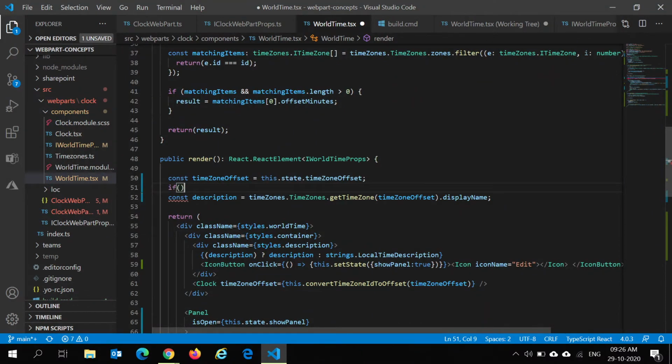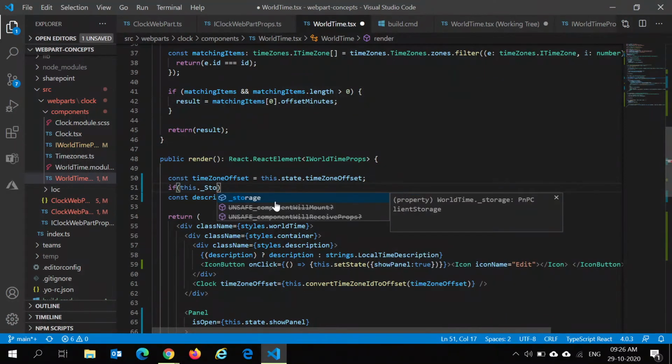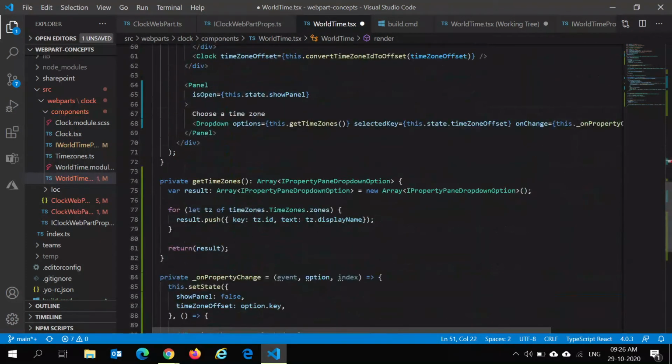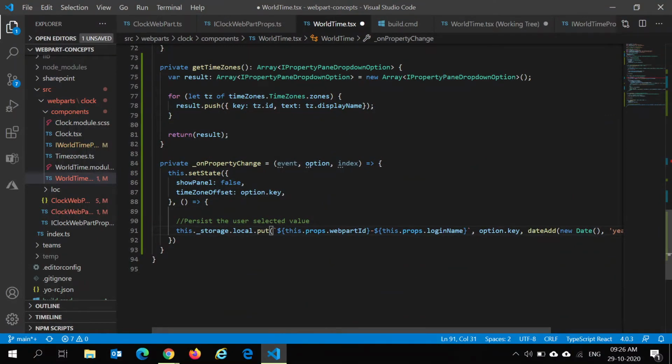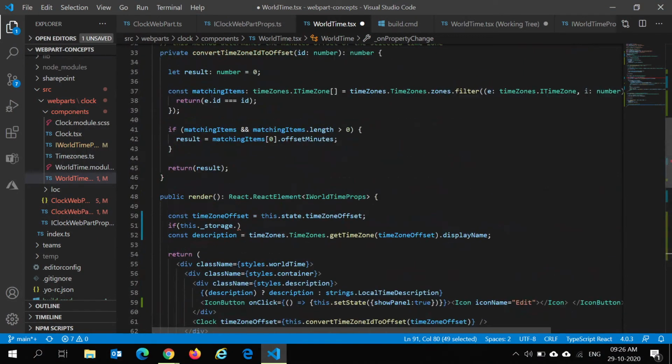Now let's add one more condition here. We'll say if this dot underscore storage, I'll try to copy the key value from here just to save the time. And here we'll try to use the local storage again dot get. So this is for getting the value using this key.